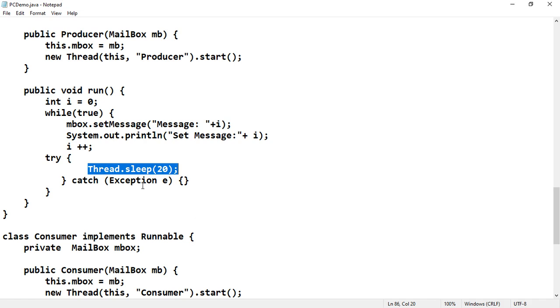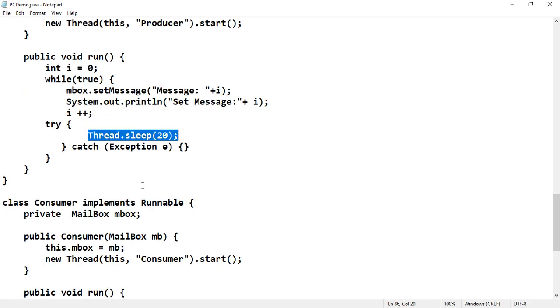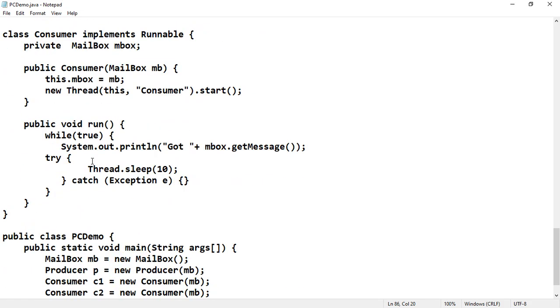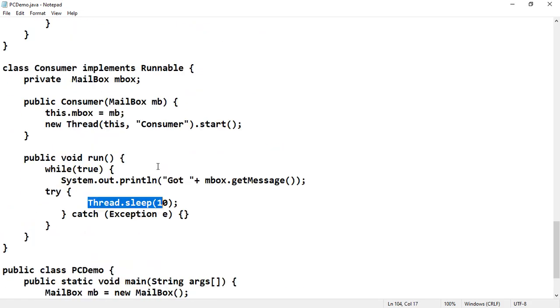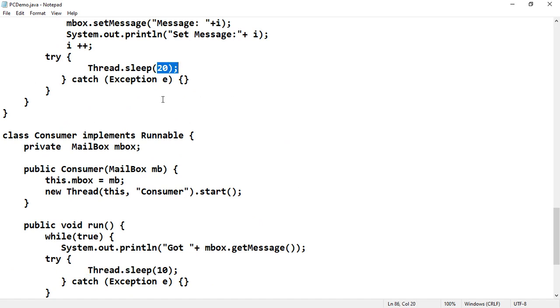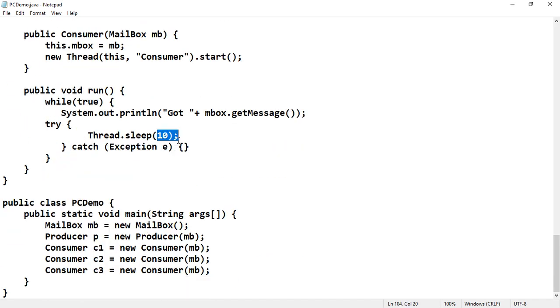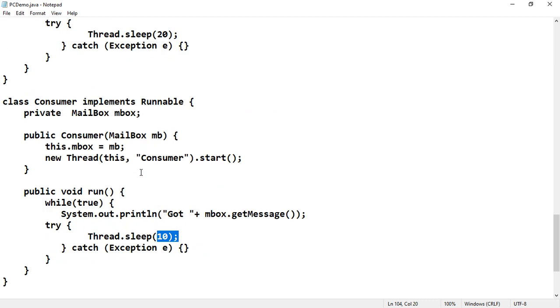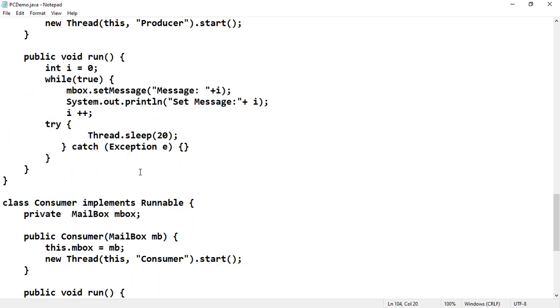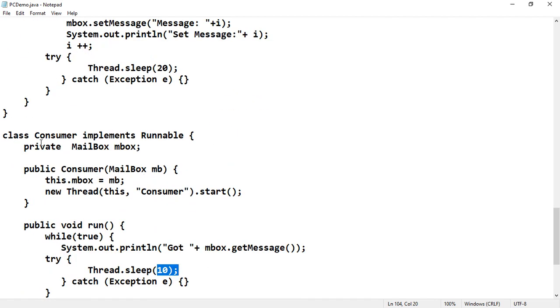That is the reason I have enclosed a sleep function, so that the producer thread will wait for 20 milliseconds, and the consumer thread will wait for 10 milliseconds.